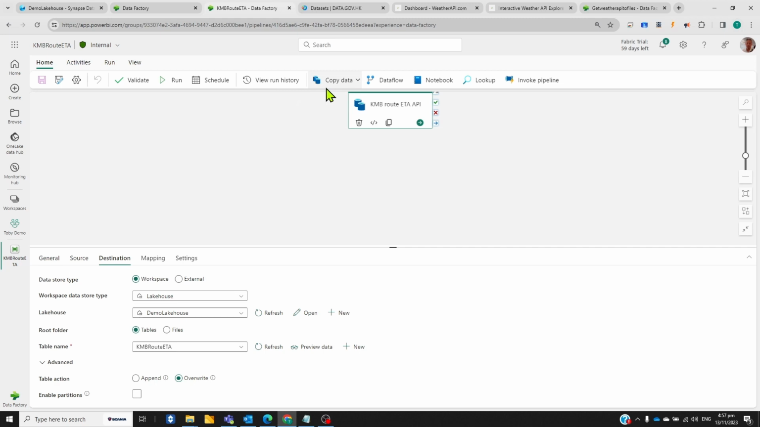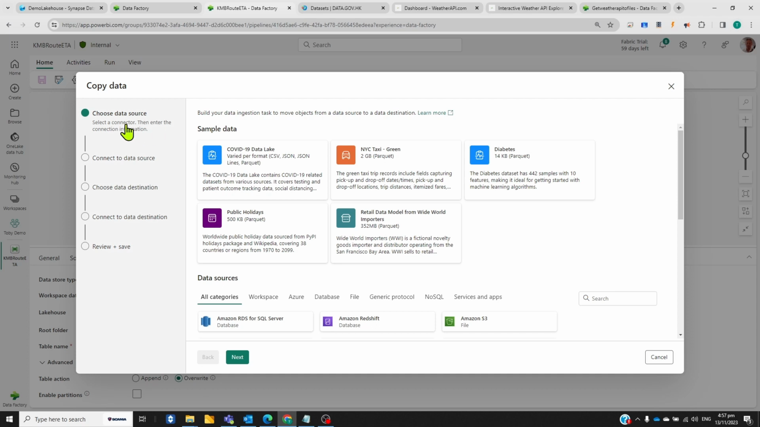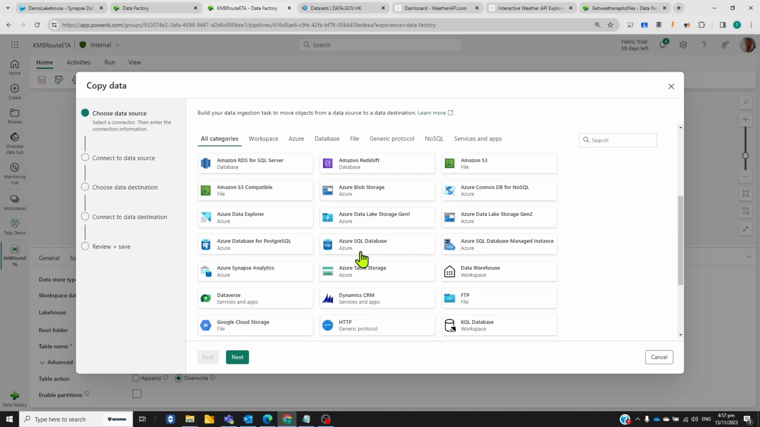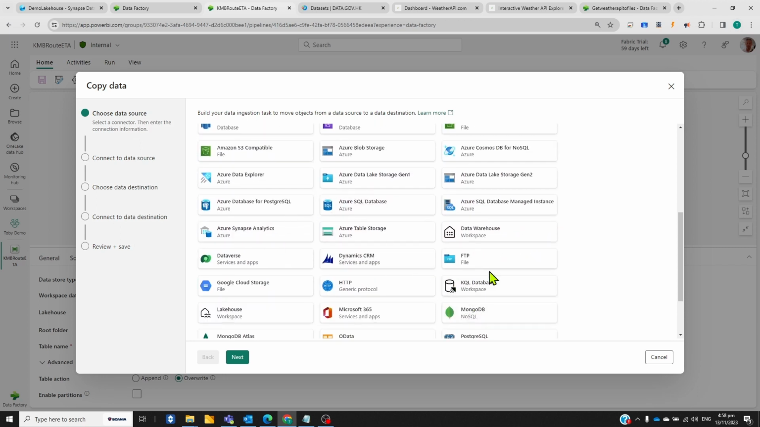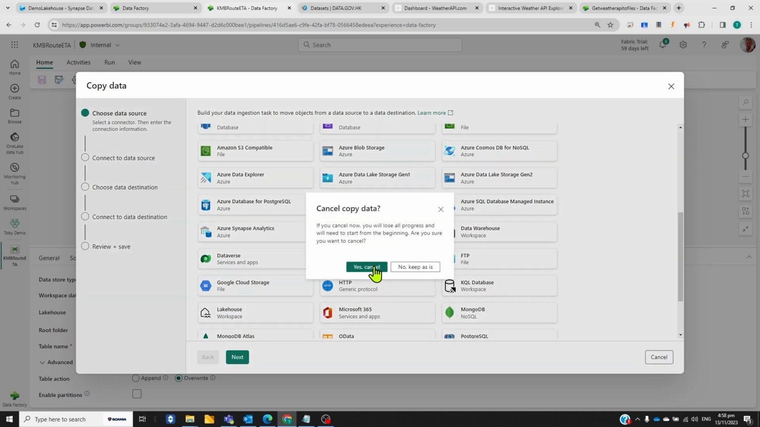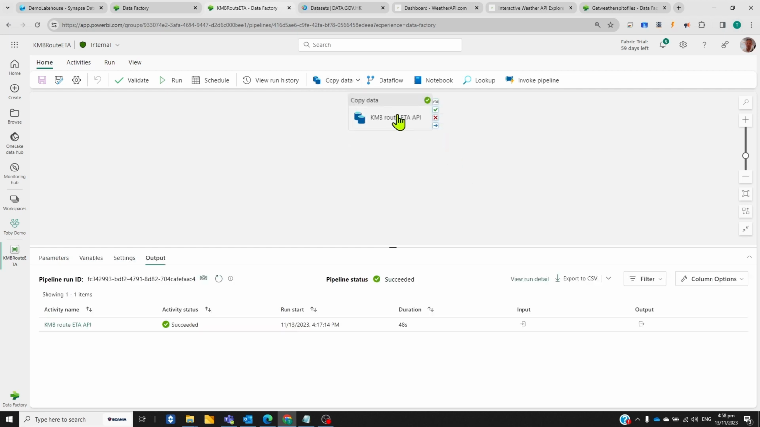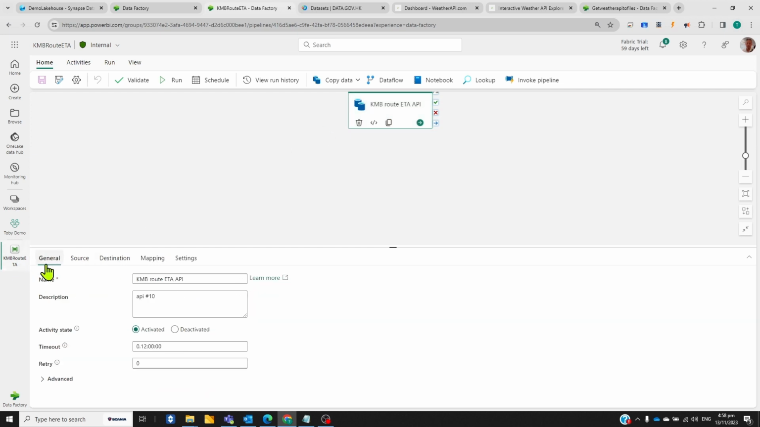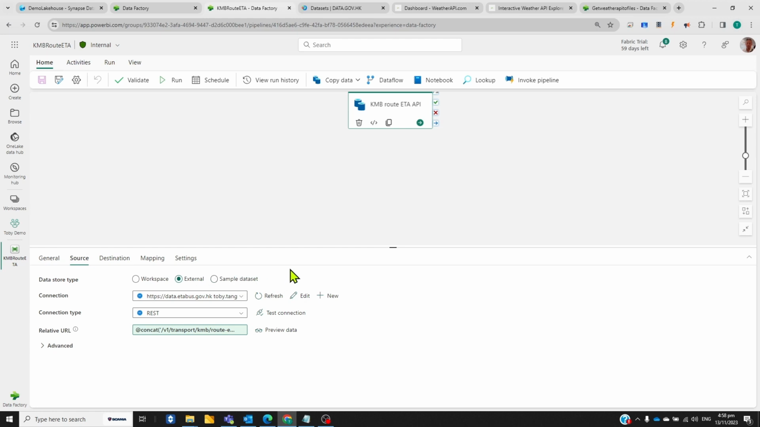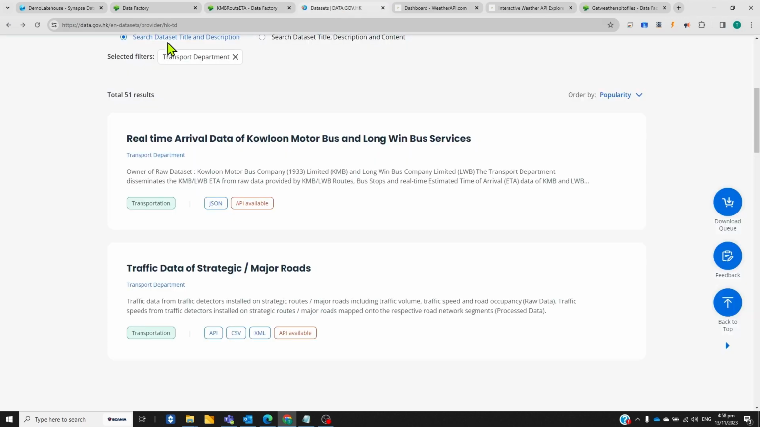So what you do here, you can use the copy assistant. You can follow it step by step to get your data source, and there are a lot of connectors you can use, internally and externally, okay? And then the destination and how to do the mapping, etc. But here I just add it to the canvas, which I put here, and then click inside. For the general tab, you can just put some documentation, okay? And for this source, I take it from external data, from the Hong Kong government, which is this one,